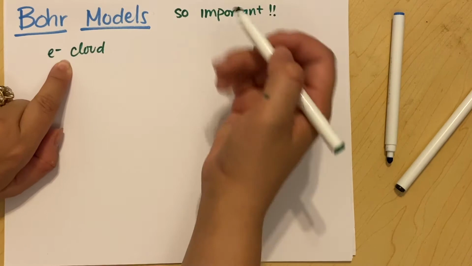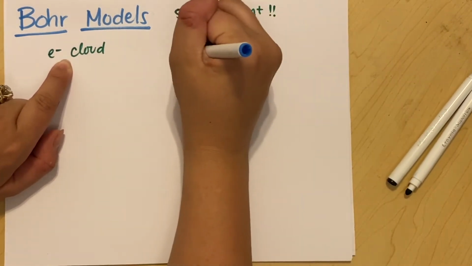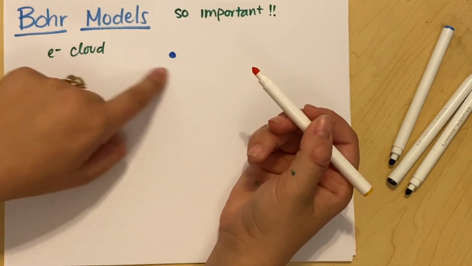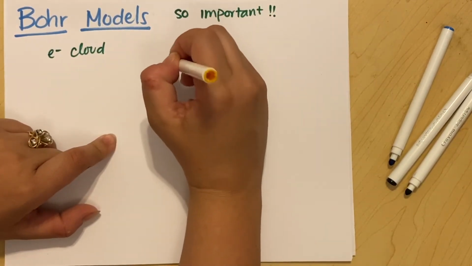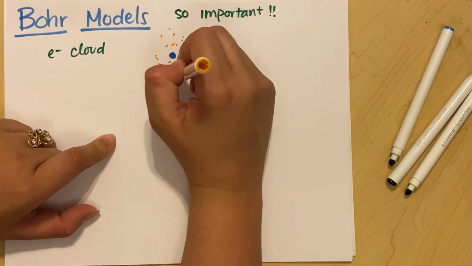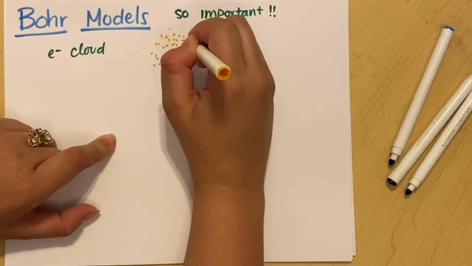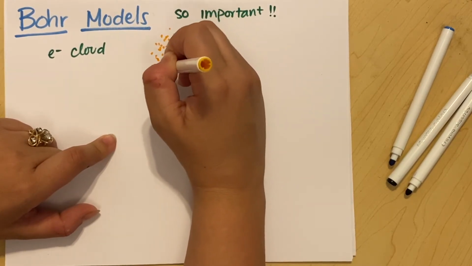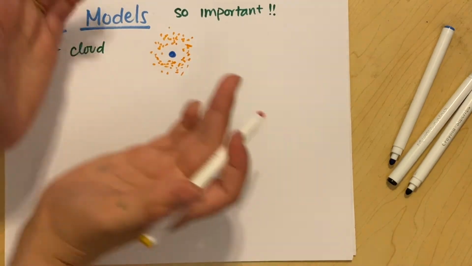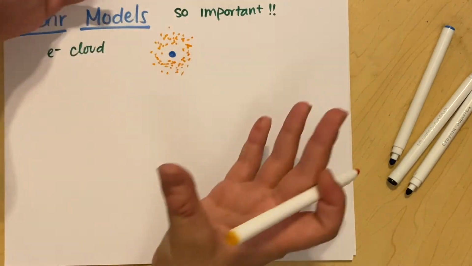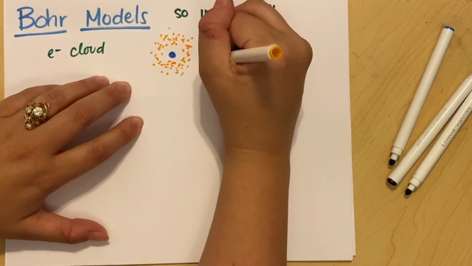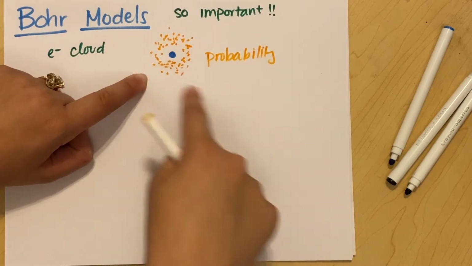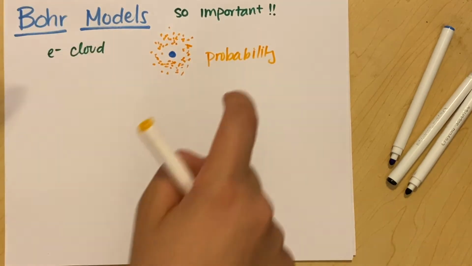But if you're talking about an electron cloud, let me attempt to draw this. So here's your nucleus, right? And then what the electron cloud says is basically there's just a probability of where your electron might be located around that nucleus. So you're going to have a higher probability here, closer to the nucleus, but not too close. You're going to get this weird probability of where your electrons are, which is more accurate for where electrons are in reality,